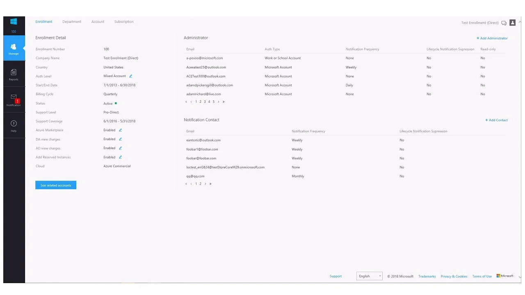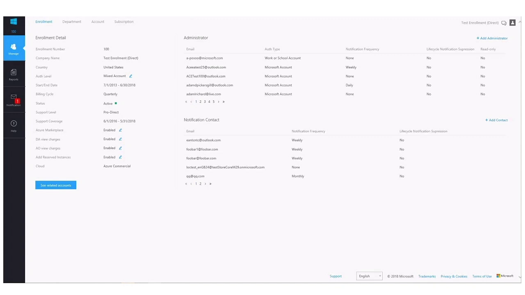It's a redundant role. Think of it more so as if I would like to delegate the responsibility of a particular department to someone on my team. I would assign that person as the administrator of the department. Then that department admin would create and manage the accounts within that department, based on the projects they are going to be working on. When an enterprise administrator or a department administrator creates an account, they have to assign an owner to the account. It could be themselves, or again, they could choose to further delegate that responsibility to someone on their team. Now, the account owner's responsibility is to create the subscriptions within their account.